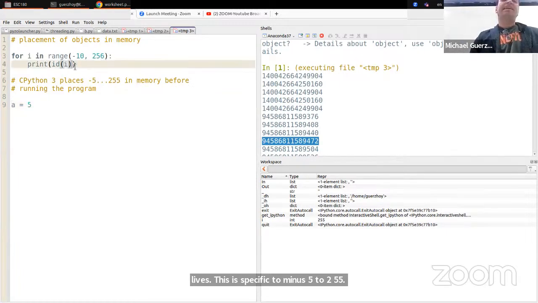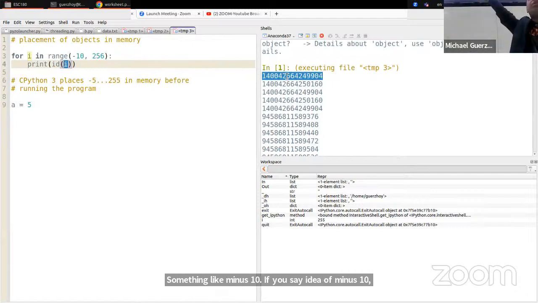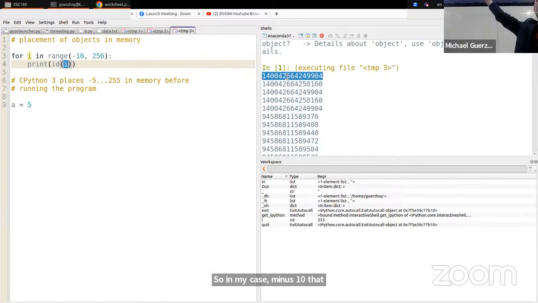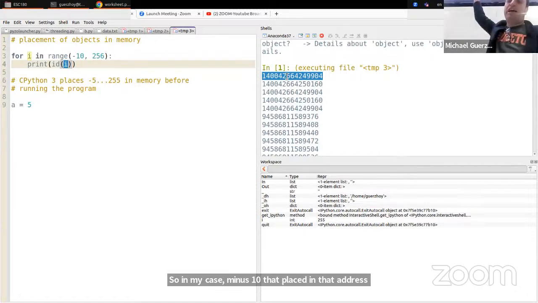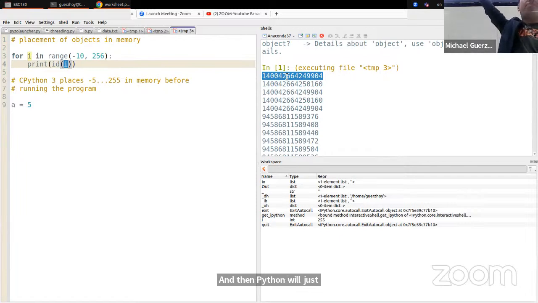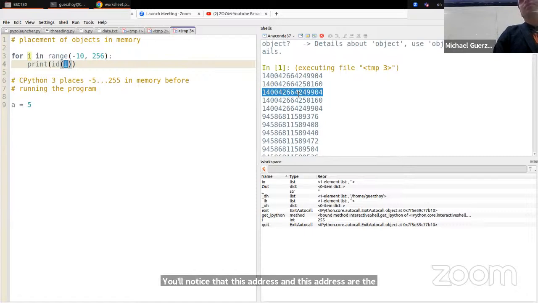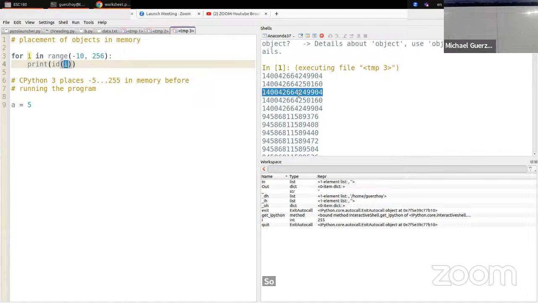Something like -10: if you say id(-10), well, -10 has got to be placed in memory. So in my case, -10 got placed in that address. Here's something interesting. You'll notice that this address and this address are the same. So the address of -10 is the same as the address of -8. The reason for this